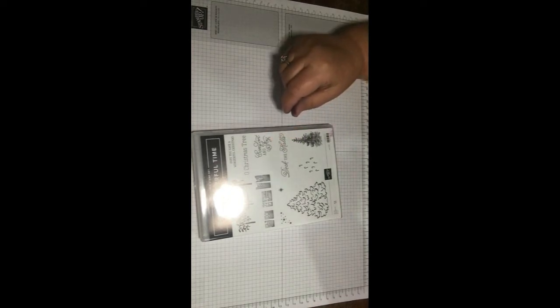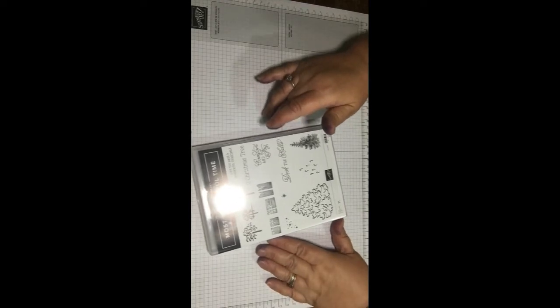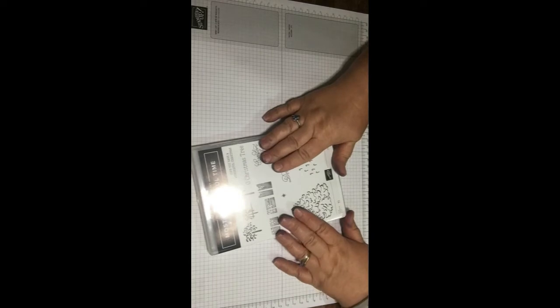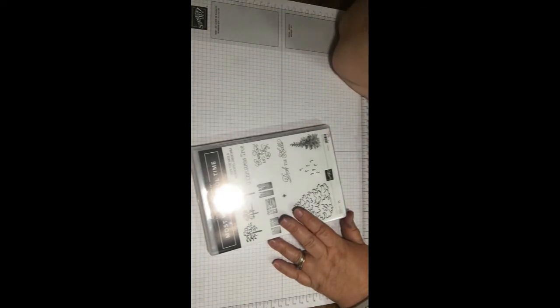And demonstrators can't even pre-order yet. The only people really that had products were the people that were on the Greek island incentive trip. But one of the teams that I'm in, in Stampin' Up, you're in different teams,